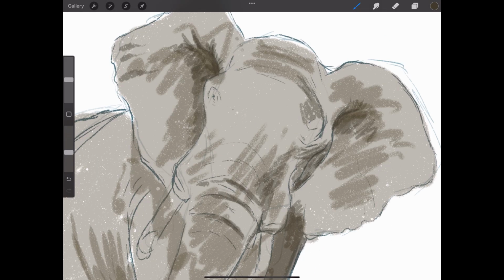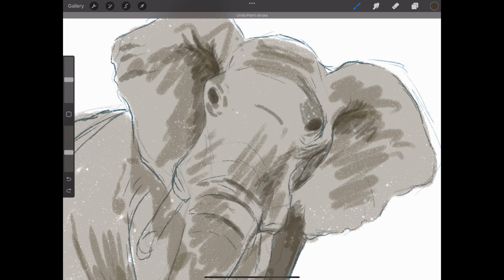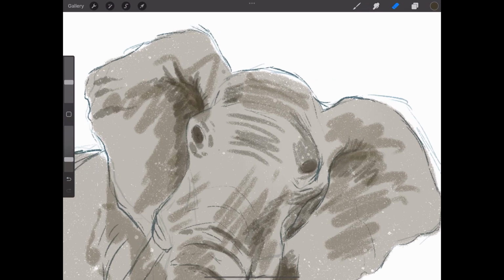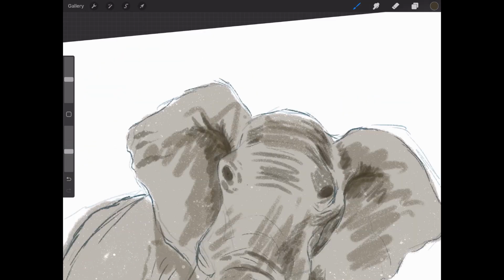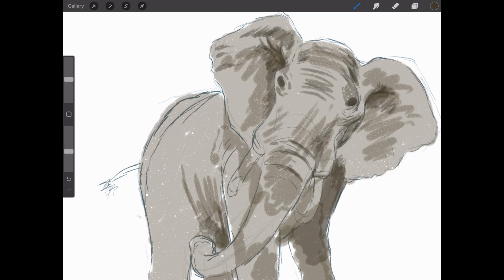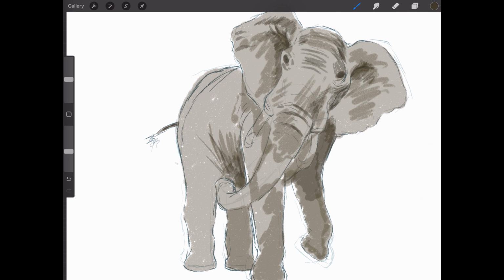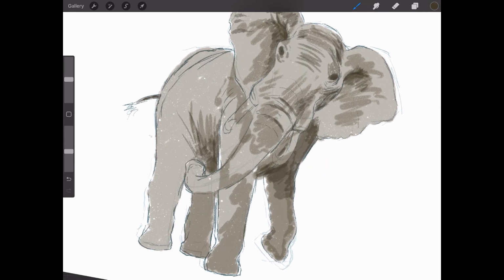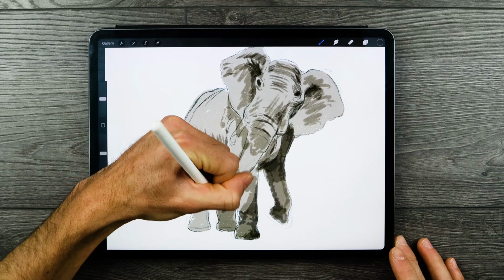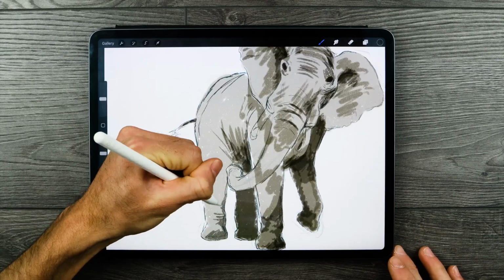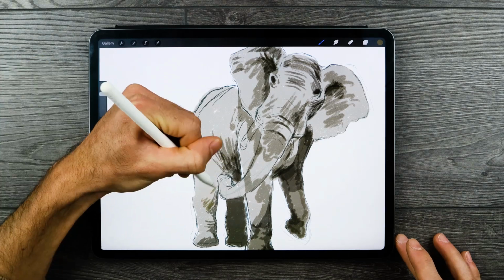We can already start to work on these qualities with light use of gray throughout the entire body, just kind of defining the placement of these various striations within the skin or these wrinkled qualities. And you do want to continue with this process, slowly filling in the entire elephant with this very light hue of gray coloration as the base layer of the color of our elephant drawing. Now, once we have done that, we